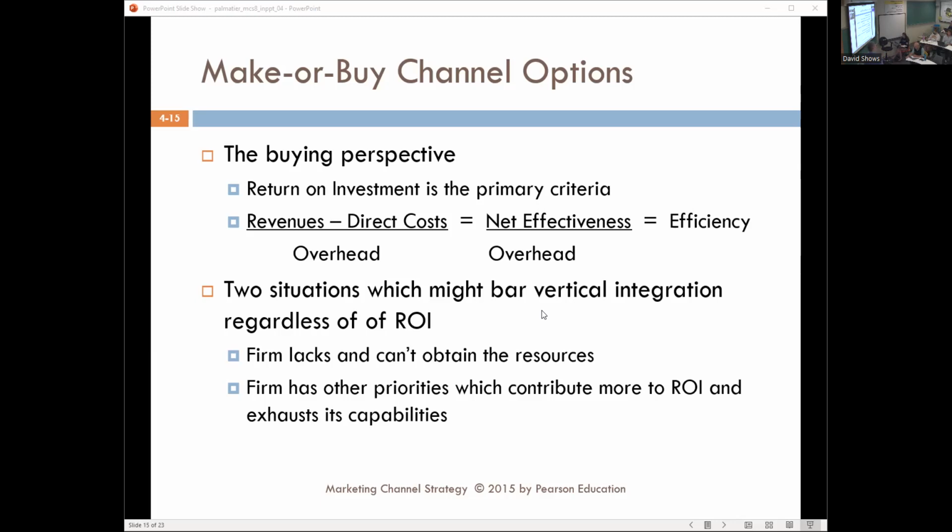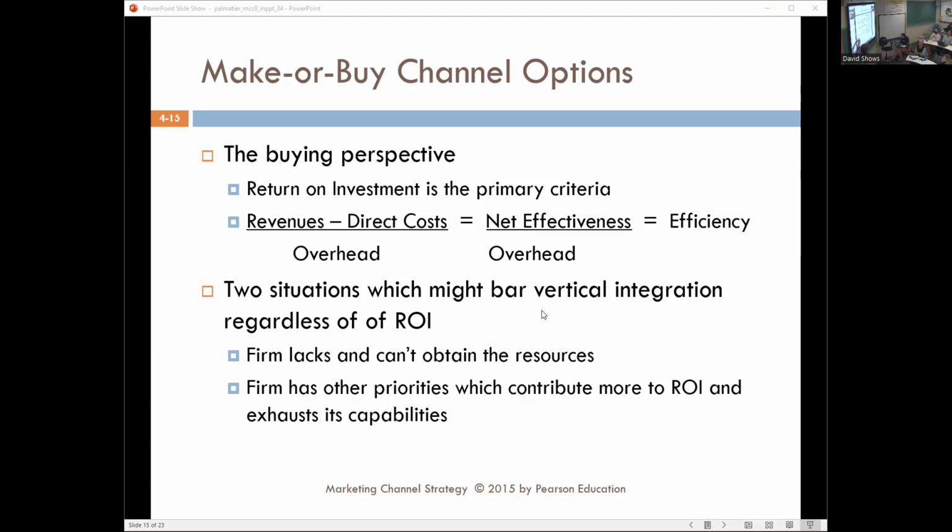One of the things, of course, we always talk about is we all have limited resources, even though we might consider we have unlimited opportunities. And true market strategy is how do we best take the goods that we have or the assets we have and maximize our revenues. Right? If I can't obtain the resources to do that, then I don't have a choice.